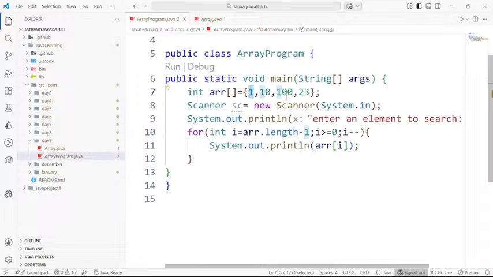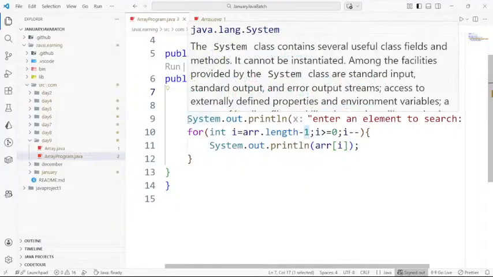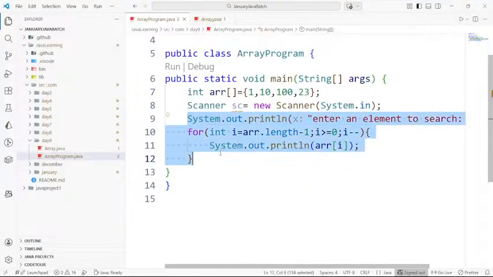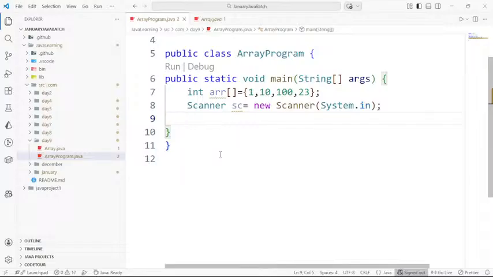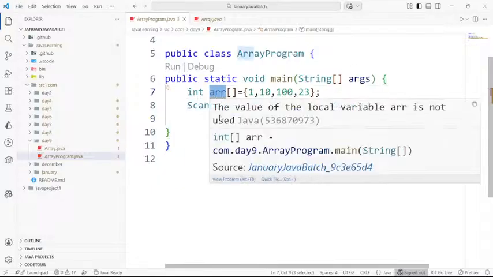I can tell you, simply I can change. This is one way of printing the array of elements, but you want to reverse the entire array. That means this array of elements has to be reversed. How can you reverse this? Simply